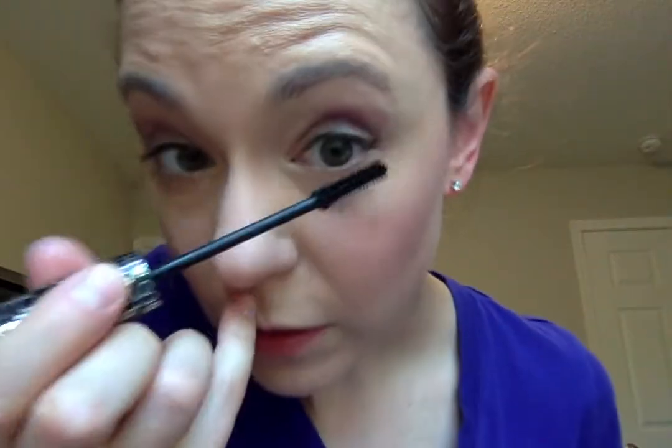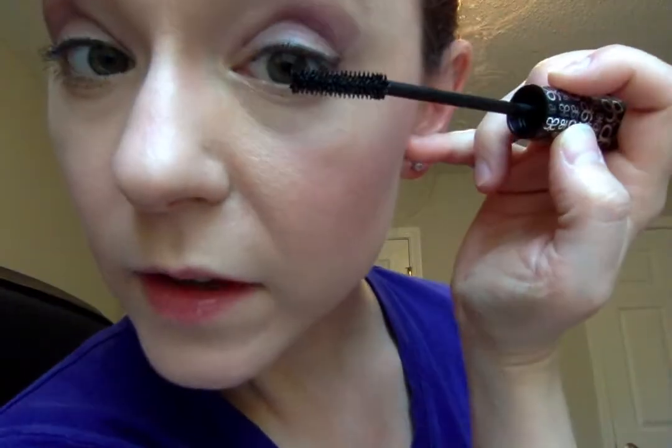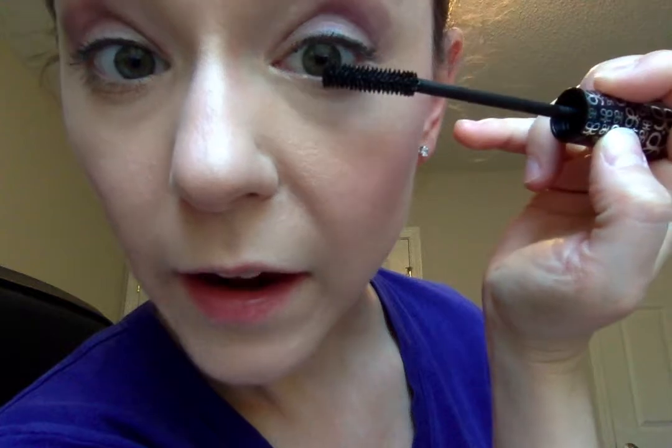Boom, done. All right, let's do the other side real quick. Like I said, volumizing mascara is coming out as well, which that one is going in the basket pretty quickly when it comes out. So another thing, if you want to enhance the cat eye look, is do a little bit thicker mascara right here at the corner, because you're going to enhance that side wing when you do that. You can also let this mascara dry and then do a whole nother layer on it